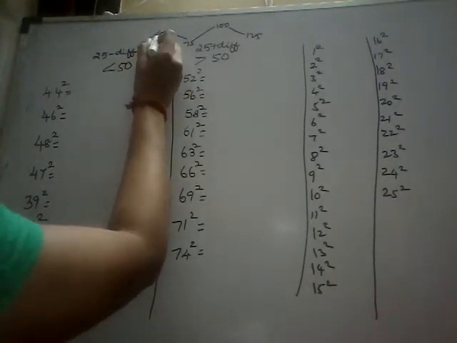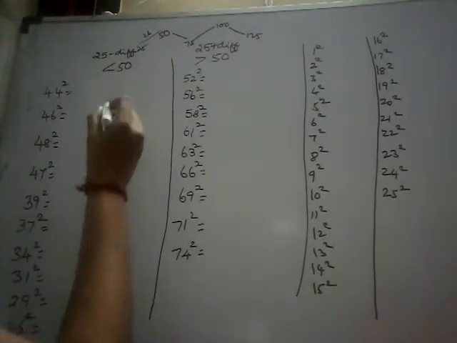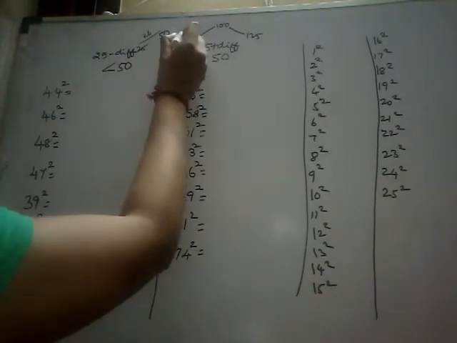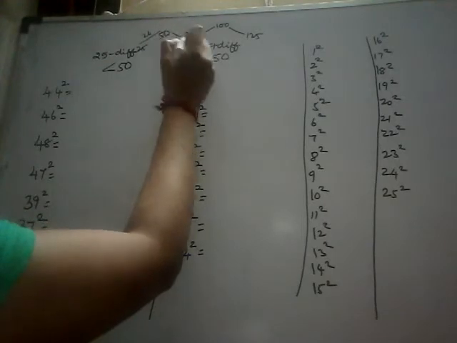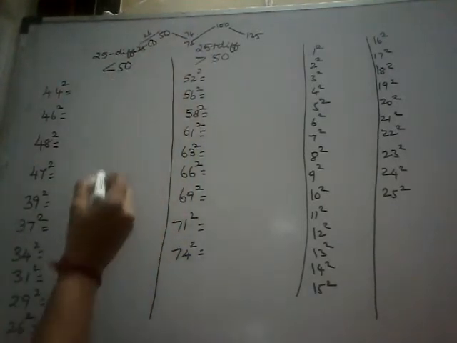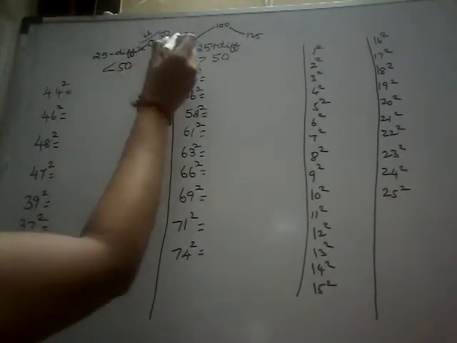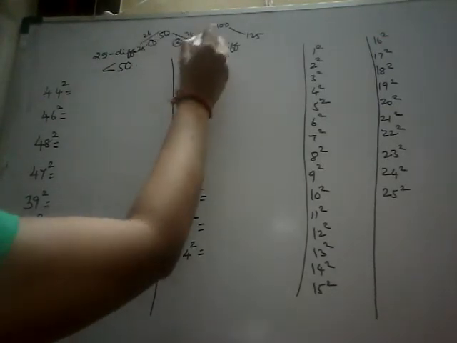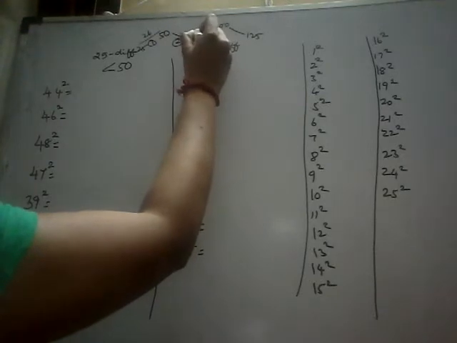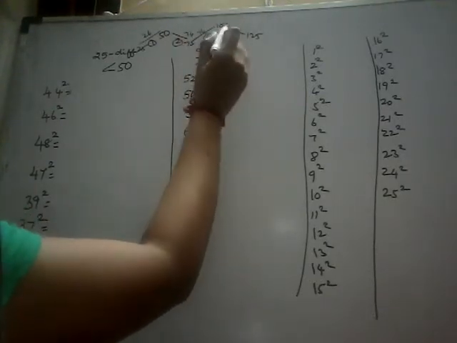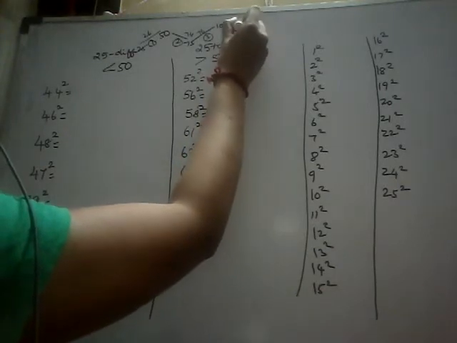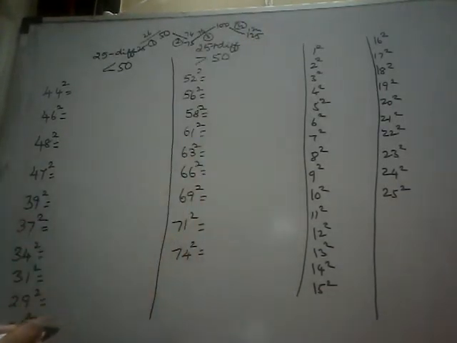From 25 to 50 means you will get from 26 to 50. The first part is from 25 to 50, the second part is from 50 to 74, the third part will be from 76 to 100, and the last part will be from 100 to 124. That is your fourth session. So I'm dividing it into four parts.